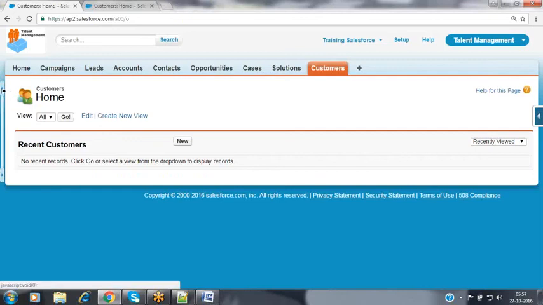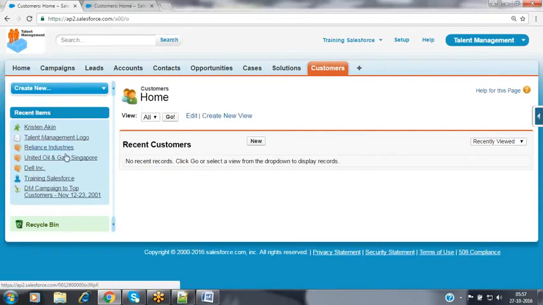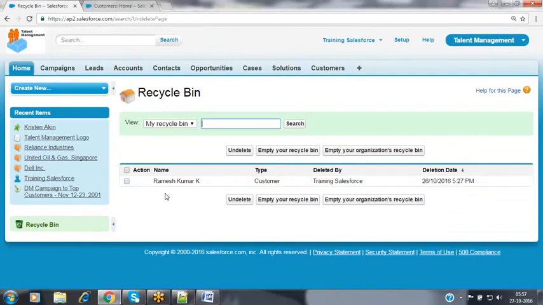You can go to the recycle bin by expanding the setup sidebar. Click on that recycle bin. You will have the recycle bin option available. Click on that recycle bin. You will have the deleted records available inside the recycle bin for 15 days. So now this is the record which we have deleted recently, nothing but just now. Who deleted that record? This is the person who has deleted that record. On this particular date, at this particular time, this person has removed this record here. So now we can track which person has removed these records.